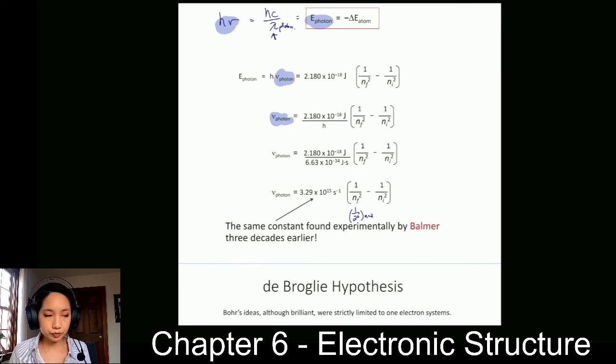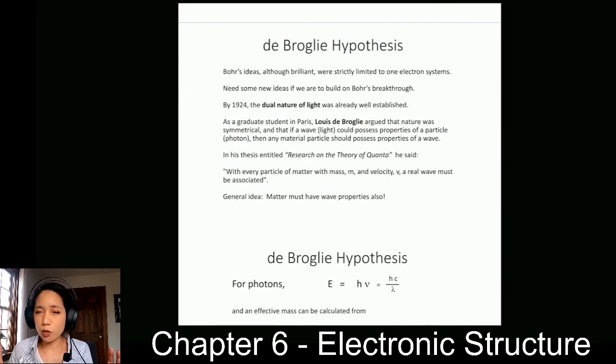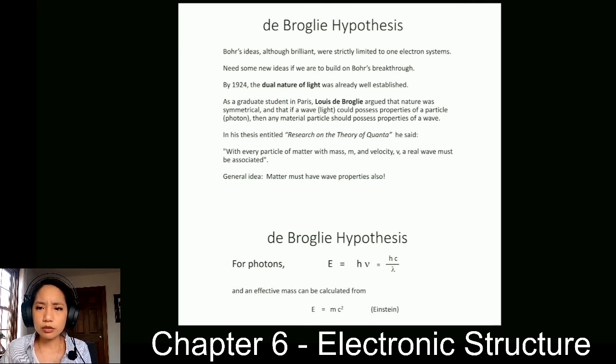Okay, so to get into the details about the atomic spectrum and more details about the specific energy levels that electrons can reside in, we need to kind of